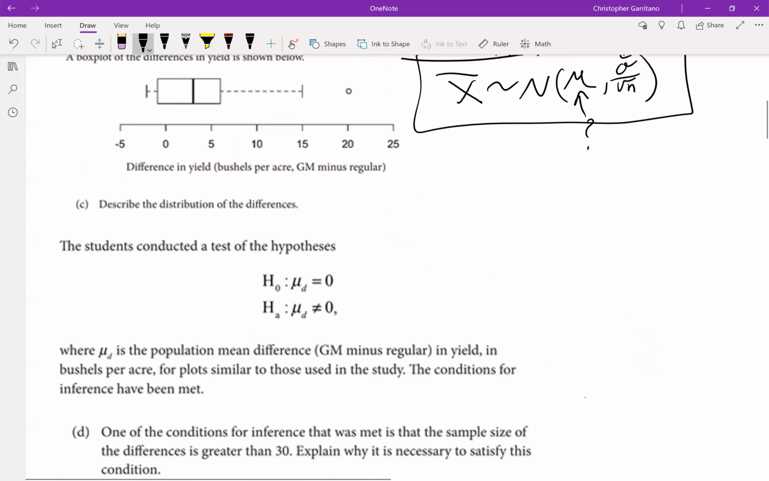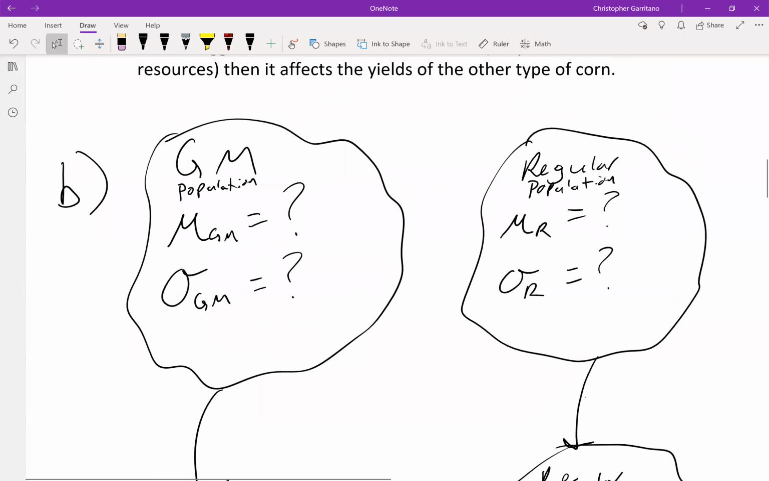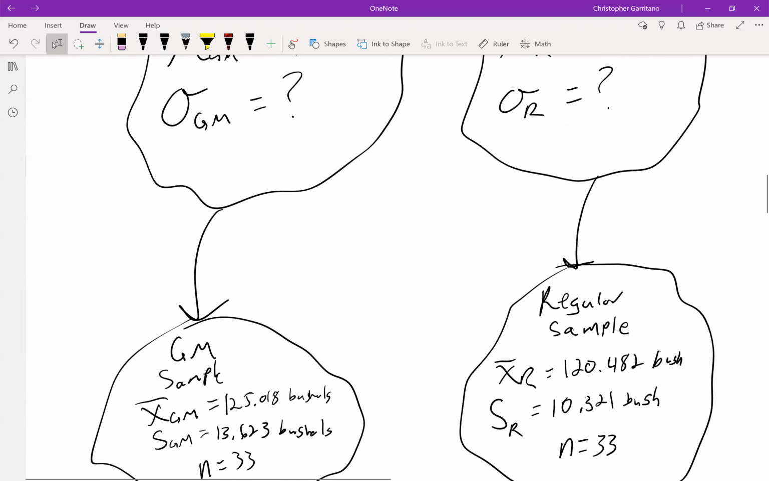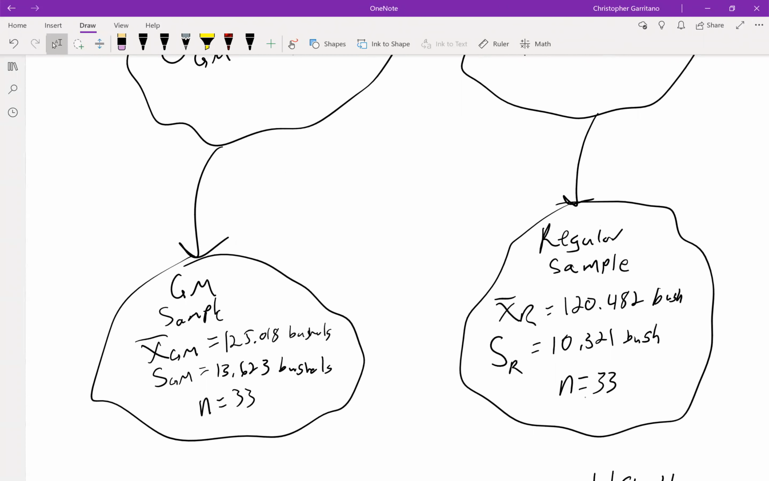I think another way of arguing, I'm going to scroll down now. So just again, giving you an understanding of the situation. We don't know the population mean or standard deviation for either one of these, but what we do know are a whole bunch of sample pieces of information